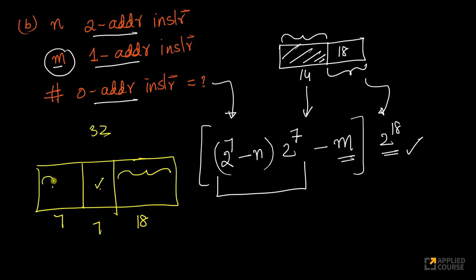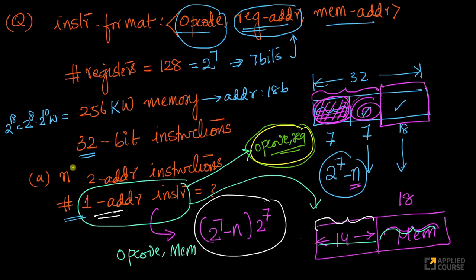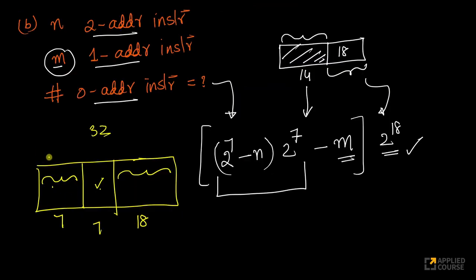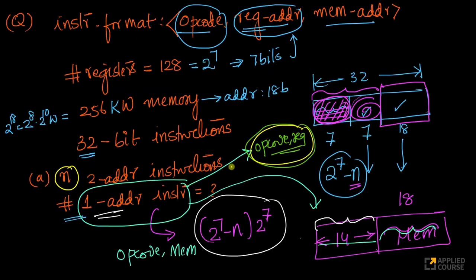So within this first 7 bits, n addresses have been occupied by 2 address instructions. So how many are left here? 2 power 7 minus n. These are how many are left in this 7 bits. These 7 bits we'll use for the register address. How many possibilities are here now? 2 power 18 possibilities. So if we have opcode, comma, register format and not opcode, comma, memory format,